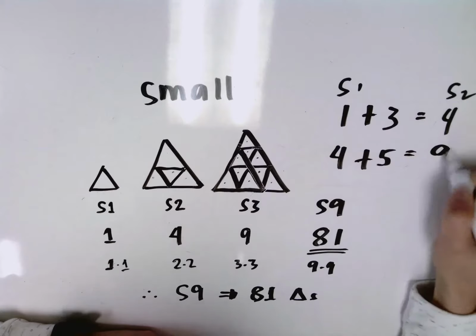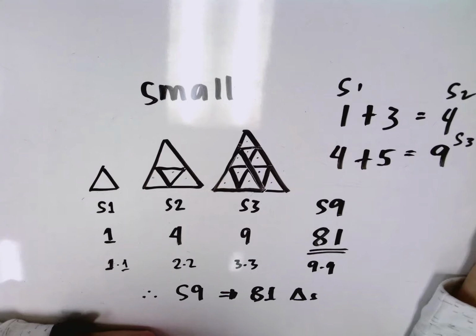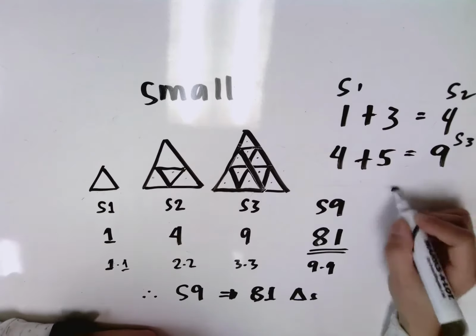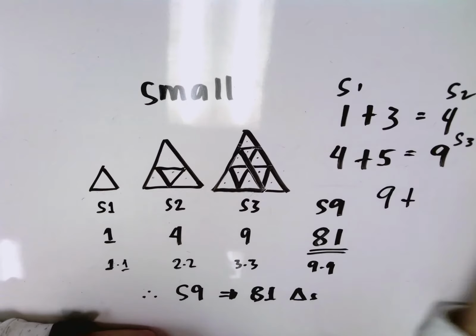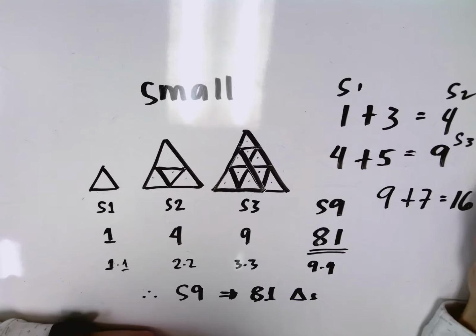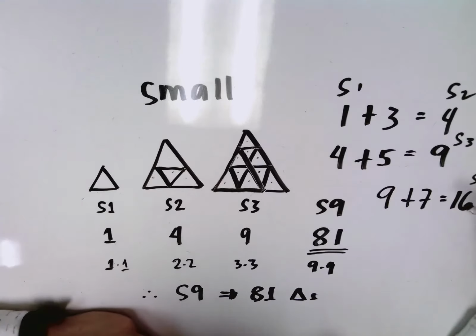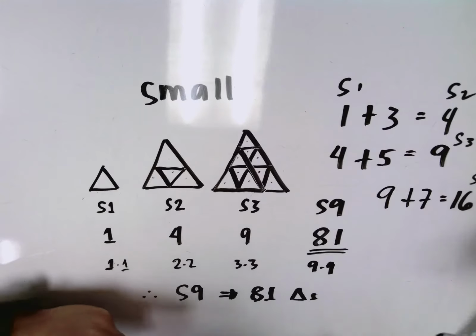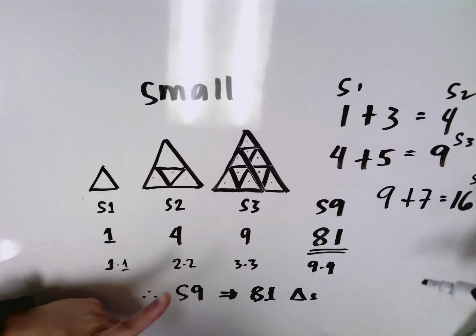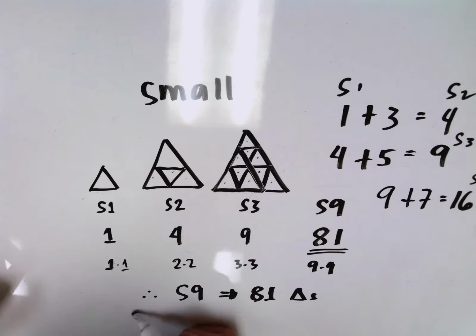So you'll have 9. Now again, you need to know what is the total number in stage 3 so that you will be able to find out the number of small triangles in stage 4. So you have 9, and the next odd number is 7. So that gives you 9 plus 7 is 16. So that is your stage 4. So this process entails for you to know the number of small triangles in the previous stage, compared to this first process that we did,